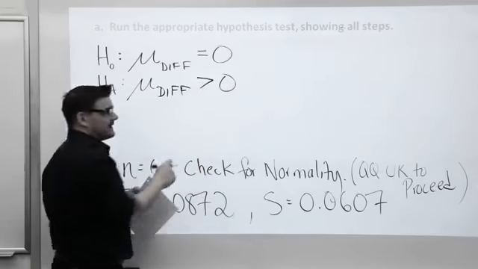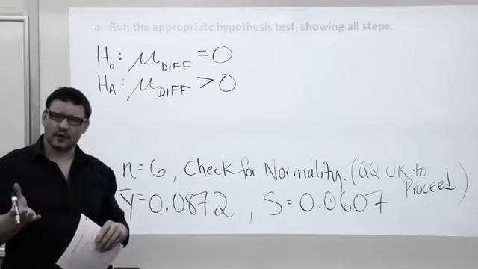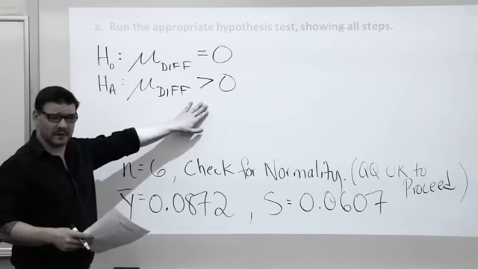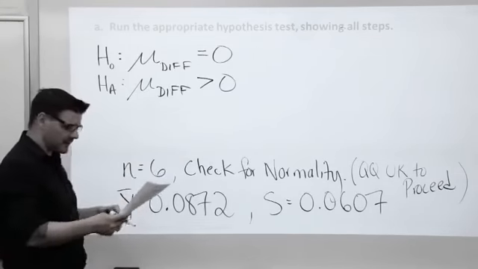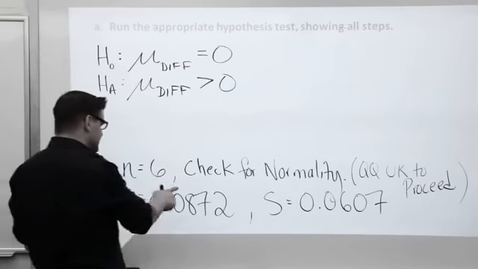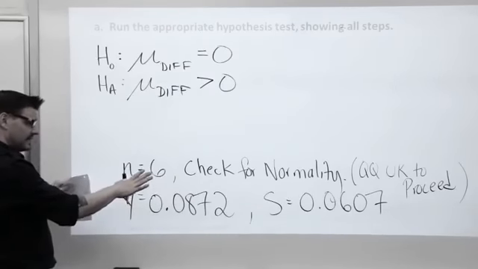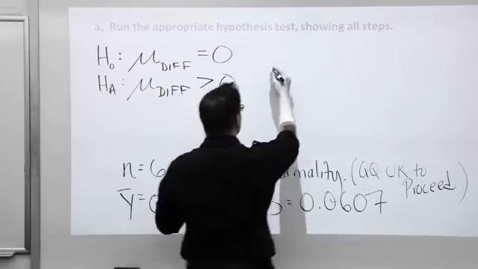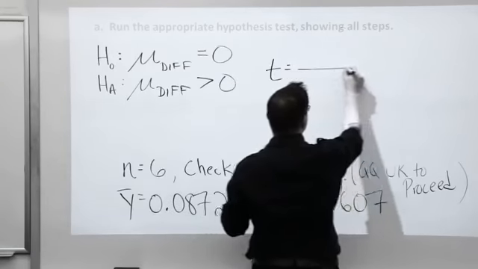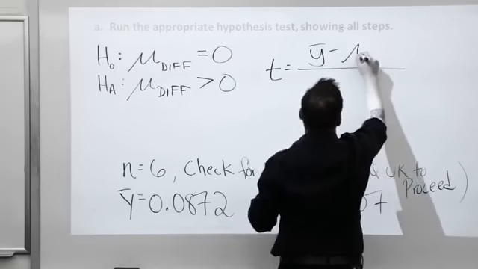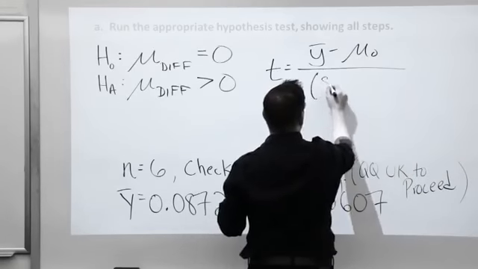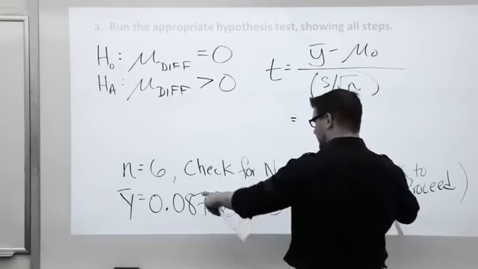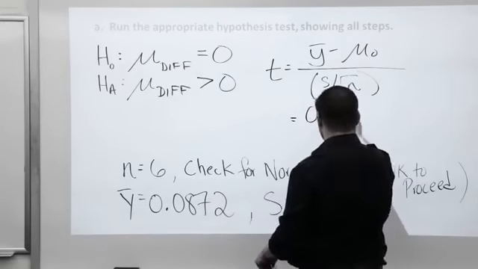it's a greater than test. We said, is there more zinc at the bottom compared to the surface? And so that'll be a greater than because we subtracted bottom and then subtracted off surface. All right, test statistic. I have to apply these statistics here into my test statistic formula. And so the T will equal y bar minus mu sub 0 over S over root n here. And if I plug the numbers in, I get a